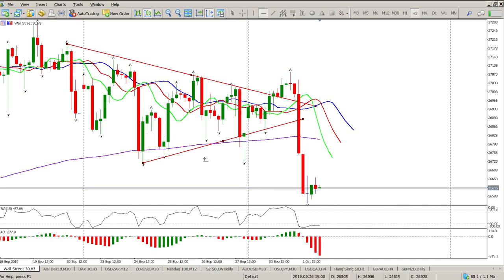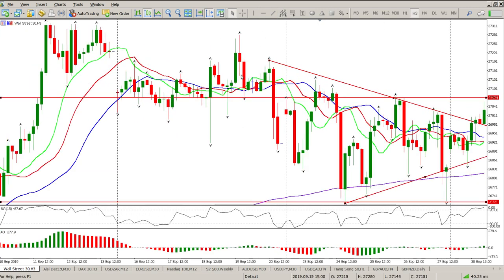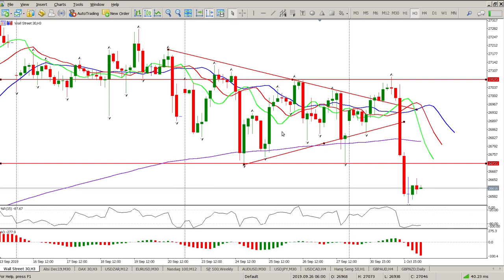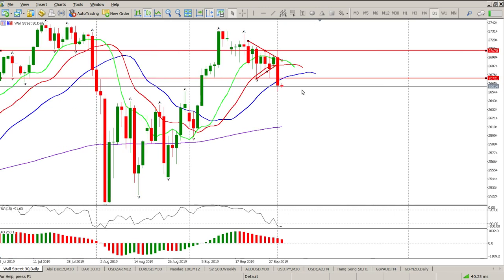The telling point here is we have broken through what could have been a range setup as well. That was a nice, pretty solid range, or looking like a flat top triangle. Now we've broken to the downside. So for me, short it is, and obviously not from this level here. I want to see some kind of a pullback, and ideally at this stage it's to 26,721 before getting in for the short. Okay, if we just look at the daily,